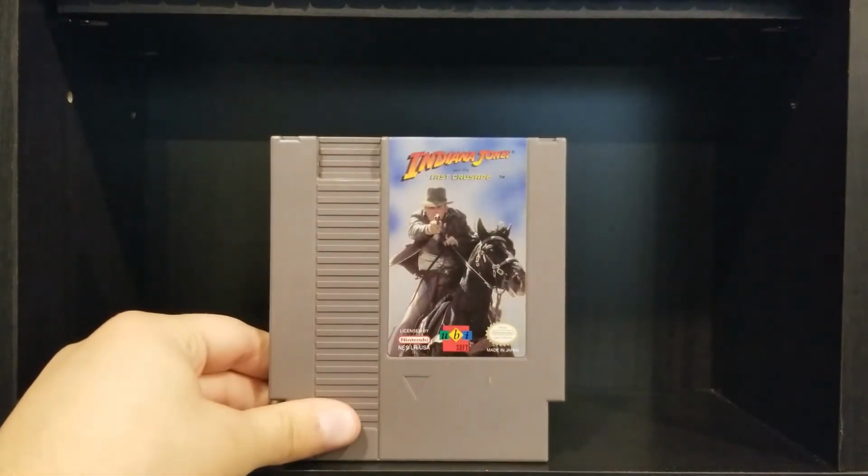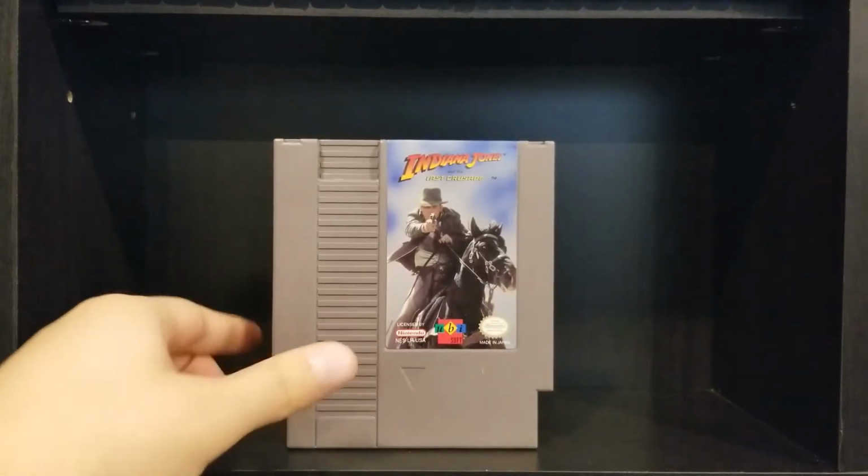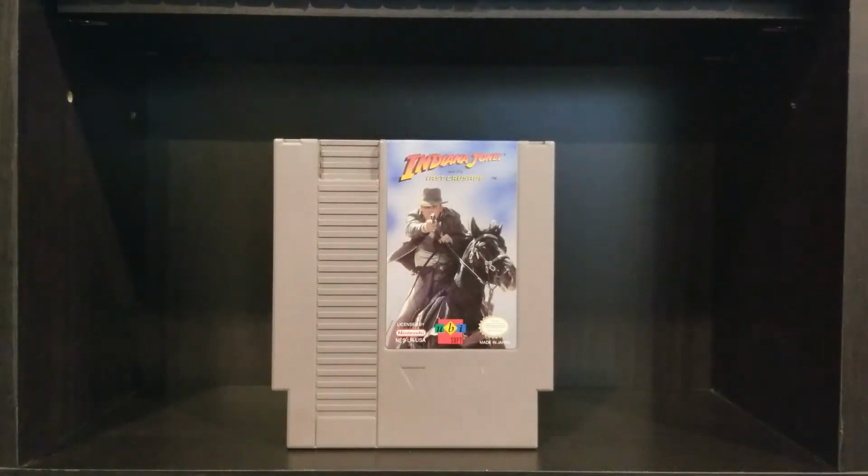Indiana Jones and the Last Crusade. This one is actually pretty hard to come by. My local game store priced this because there's two versions. There's the Taito version and the Ubisoft version. This is the Ubisoft version. My local game store priced it at the Taito version, which I think was about $20 at the time. So I got this version, which is worth a considerable